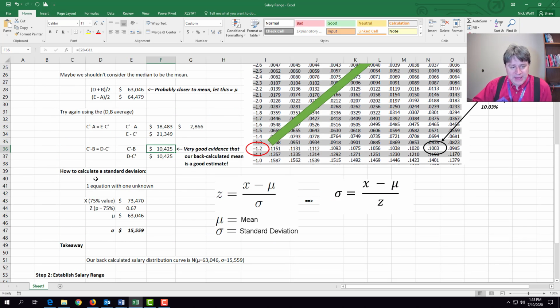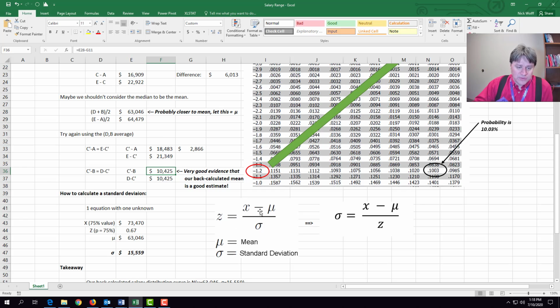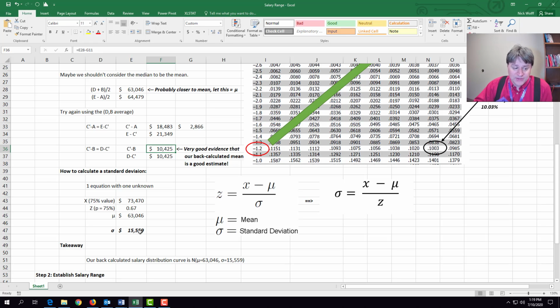So now we have a mean, we have points on the distribution curve. Now all we need to do is figure out what the standard deviation is. So we now have the z-score equation. We have one equation with one unknown because we know what x is. If we plug in one of these numbers, we know what the z value is from the table. We have the mean score. So by doing basic algebra, we transform this z-score equation to an equation for sigma. So now our sigma by solving is